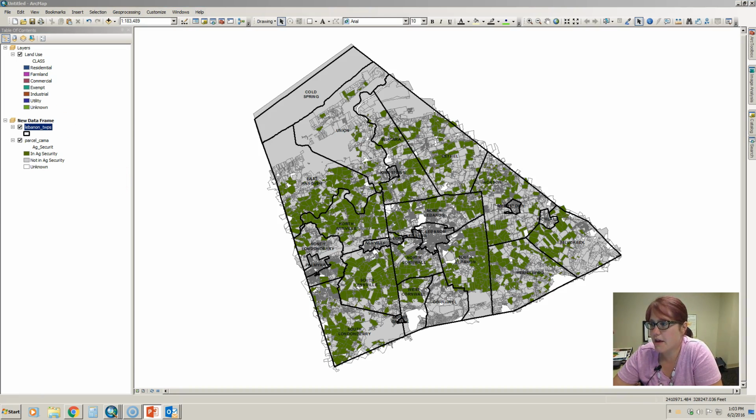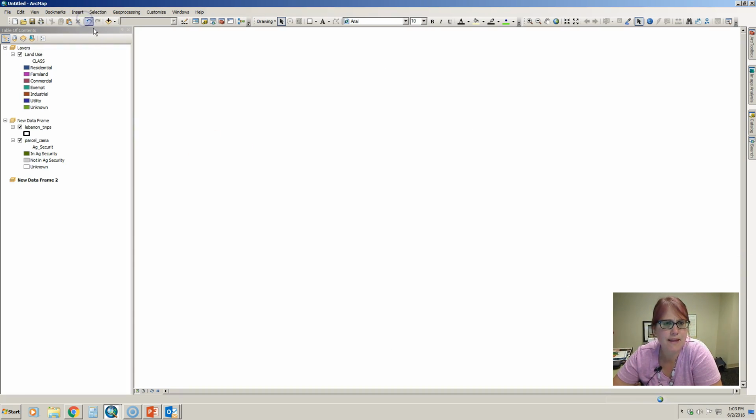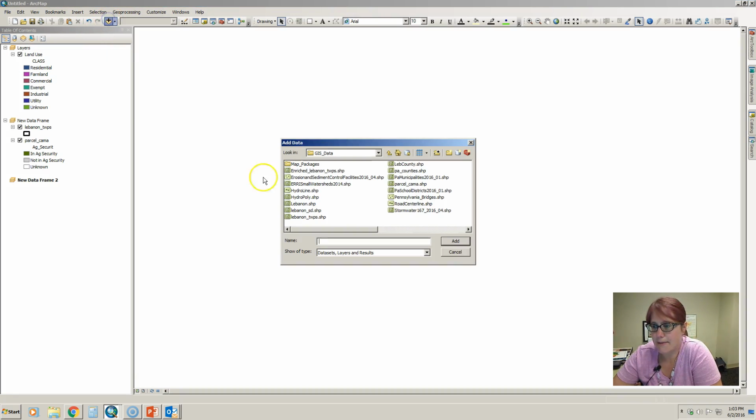Now, the other type of data that we have is quantitative data, and we usually are symbolizing counts and amounts, but it might be ranks or ratios that we are doing. So what I'm going to do is add another data frame and add another data set. And for this, I am going to add